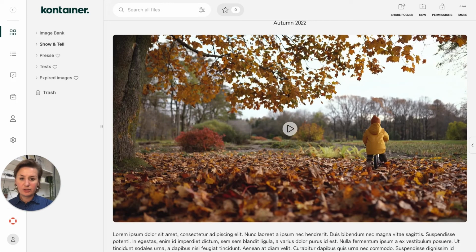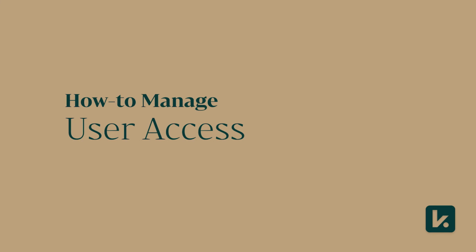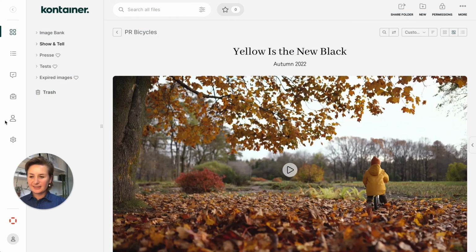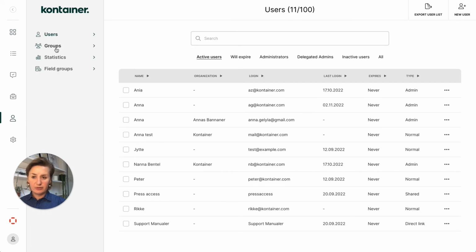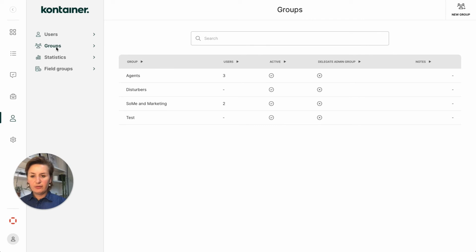Once you're finished, you definitely want to make sure that people have access. So let's have a quick look at permissions. You manage access out here in the admin menu under Access. It can be set by individual user or by group. If you use user groups, we recommend that you don't touch the individual settings of the users in the groups. That's because it can get quite confusing if you need to start managing their access in two different places. So on their own user account and also within the group.